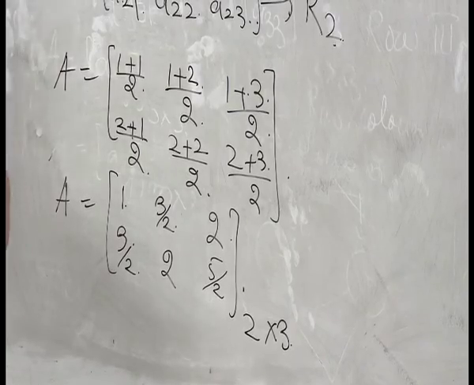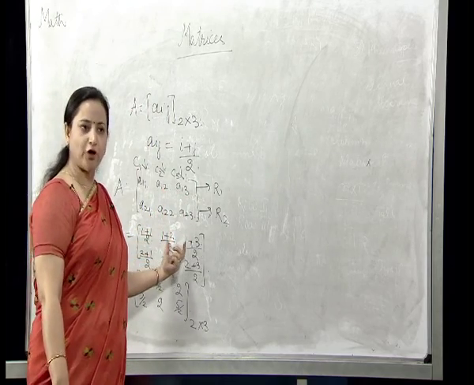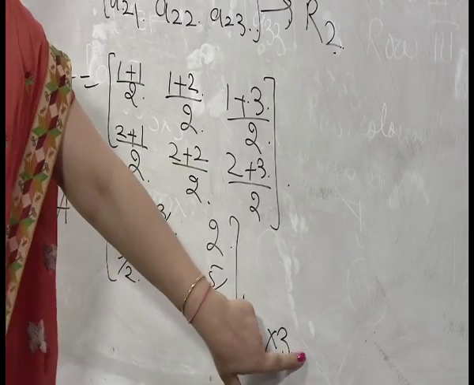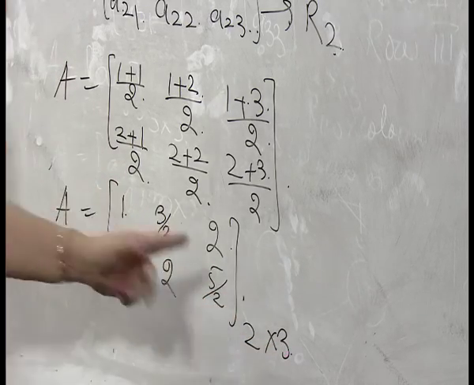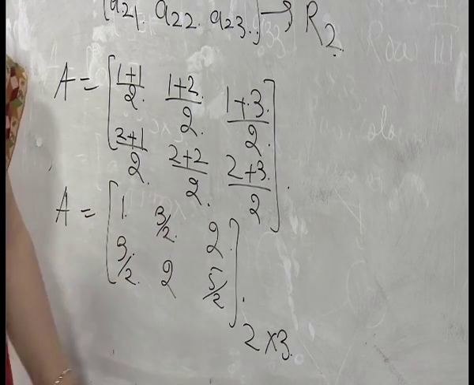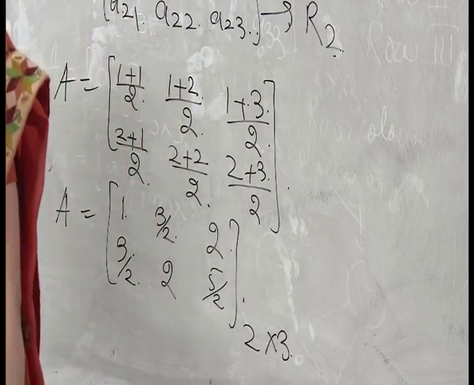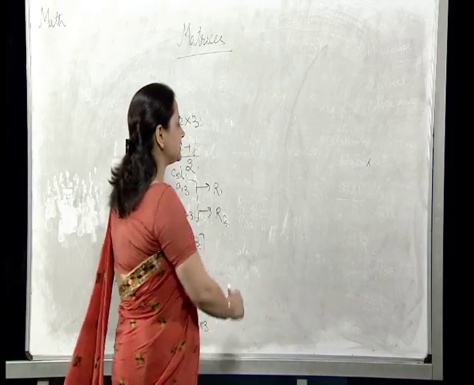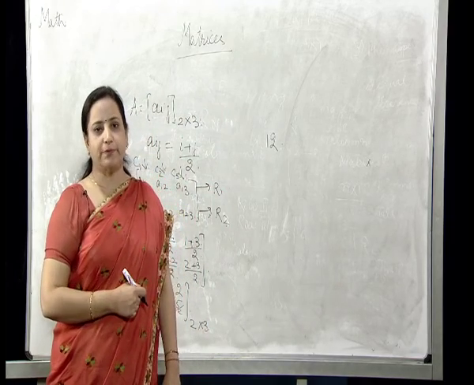Now the question arises: you can find the number of elements of a matrix by its order. This is a matrix of order 2 by 3, so how many elements should you have? 2 into 3, 6. You can count, you have 6 elements: 1, 2, 3, 4, 5, 6. Now if you are given the number of elements, you can easily construct the matrices. I will give you an example. If the number of elements in a matrix is 12, what can be the possible orders?